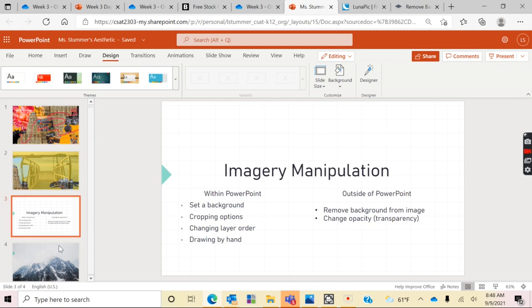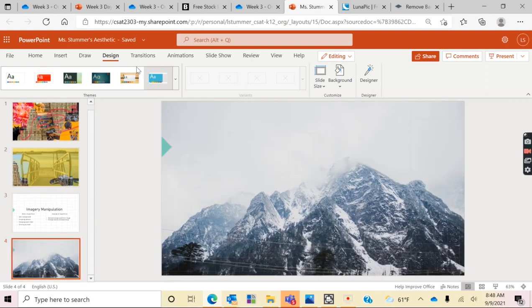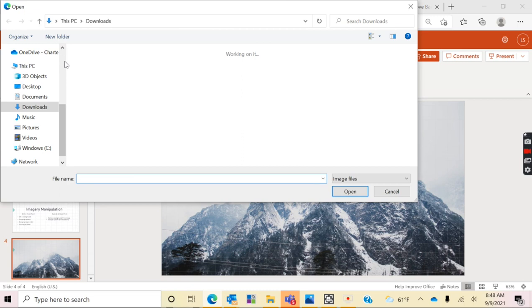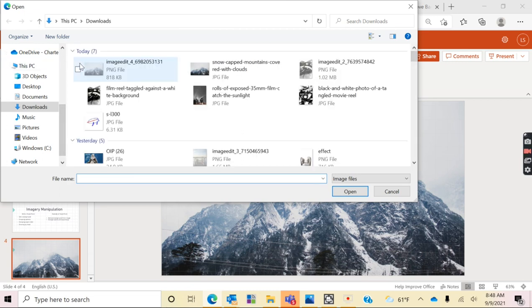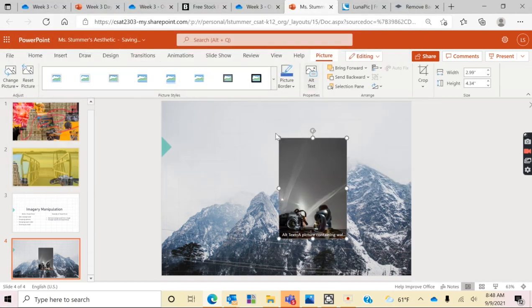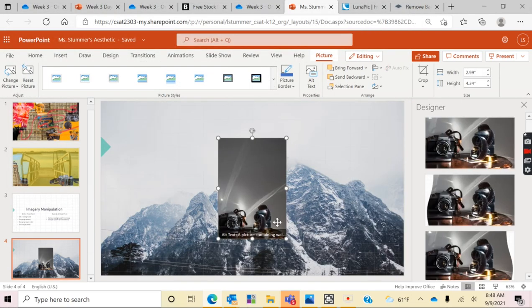Cropping options. You have a bunch of options when it comes to inserting your photos and manipulating them. What you can do first is insert picture from this device, because you have already downloaded your resources. I can find an image that I would like to use, and it comes in as a whole image. What you're now able to do is go to crop,